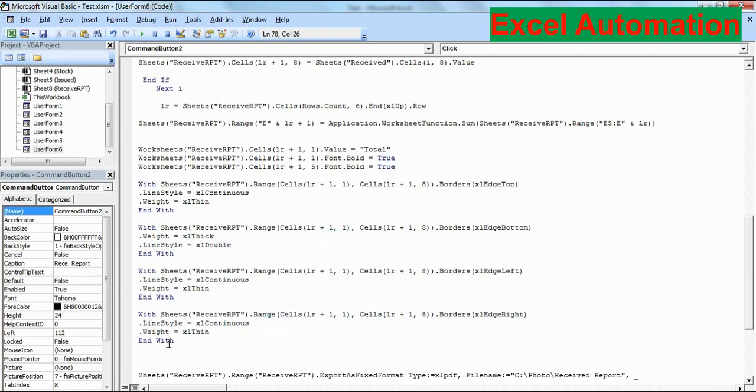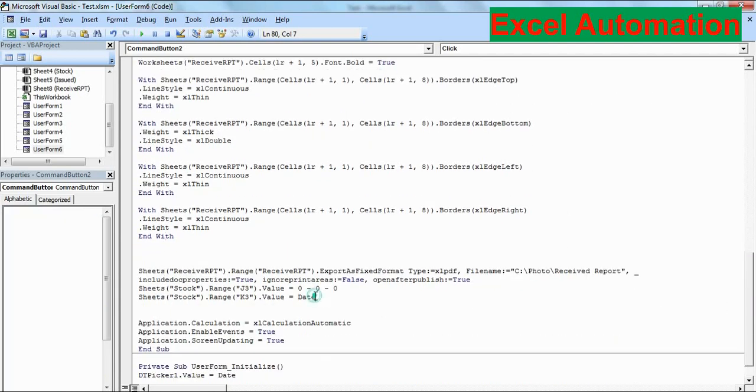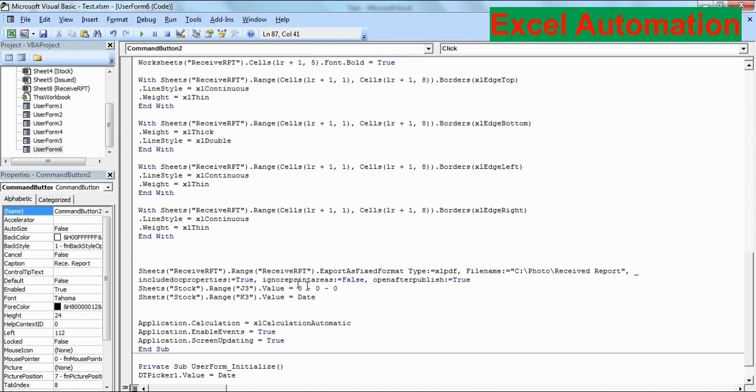And then end with the last thing in this report, which you have already learned in previous videos also. Again I am repeating it. Sheet received RPT dot range received RPT dot export fixed format, type Excel PDF, file name.